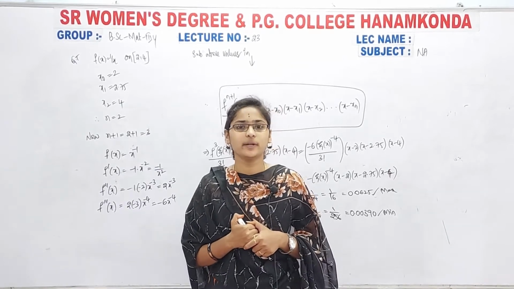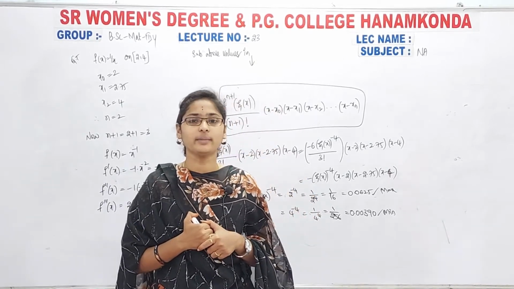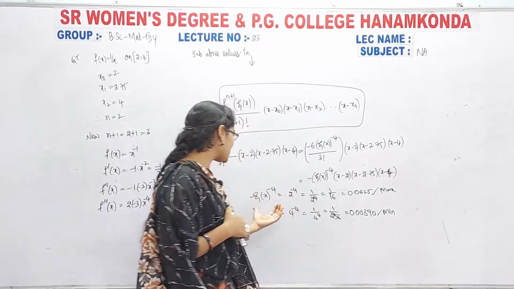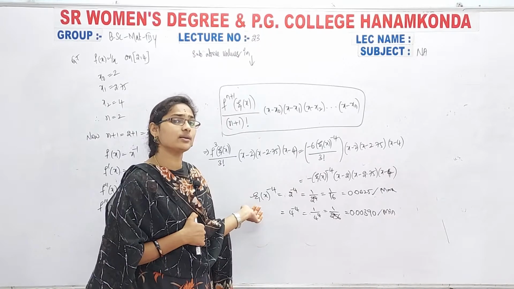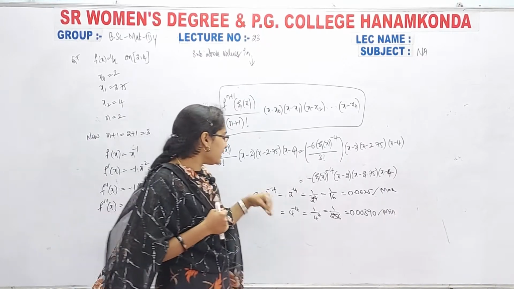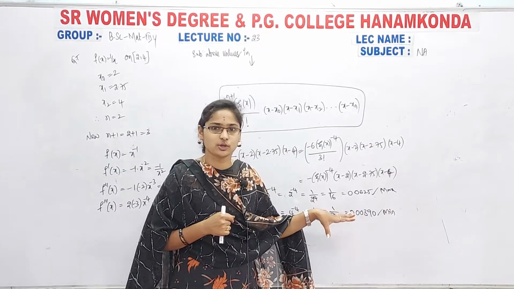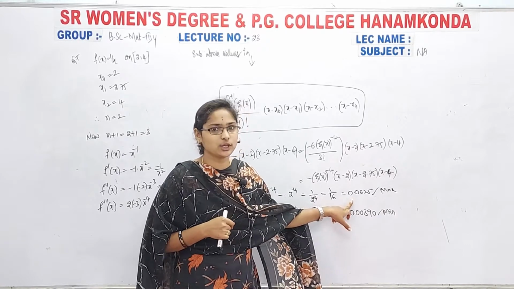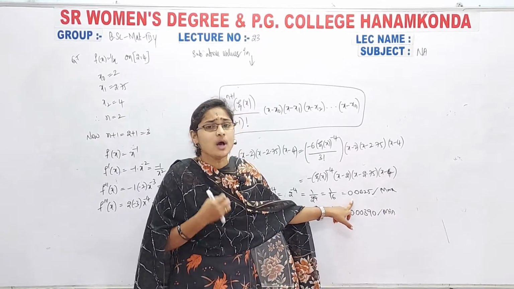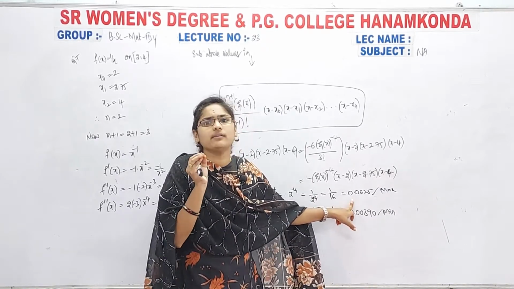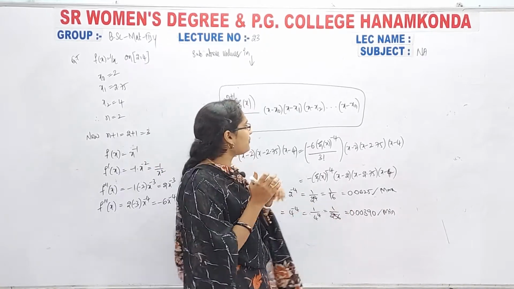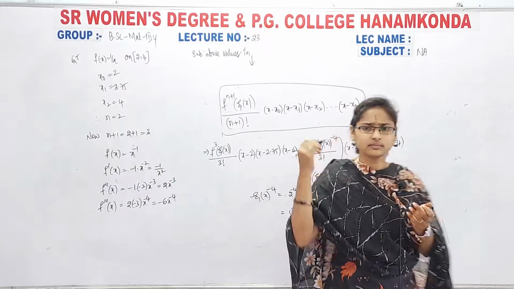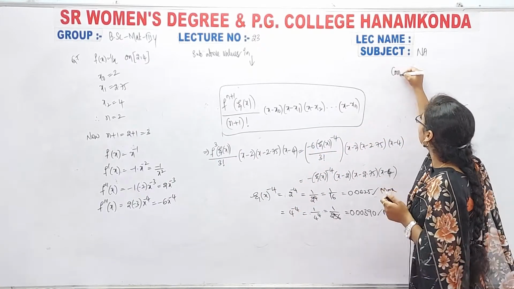In the previous lecture we were discussing the problem, where I calculated the maximum value and minimum value. Now we are getting that the minimum value is some 0.00 and the maximum value is 0.0. See here, the value is very near to 0. So can I ignore this one? Yes, we can.